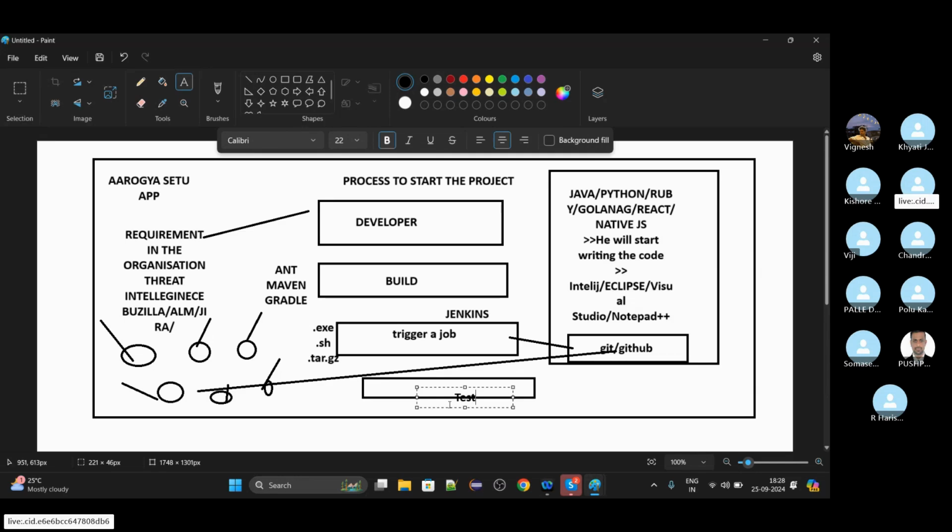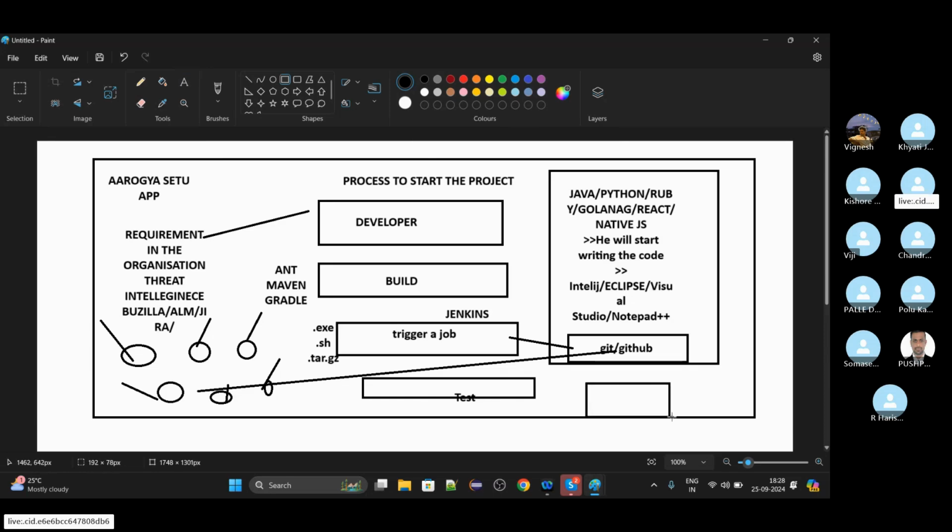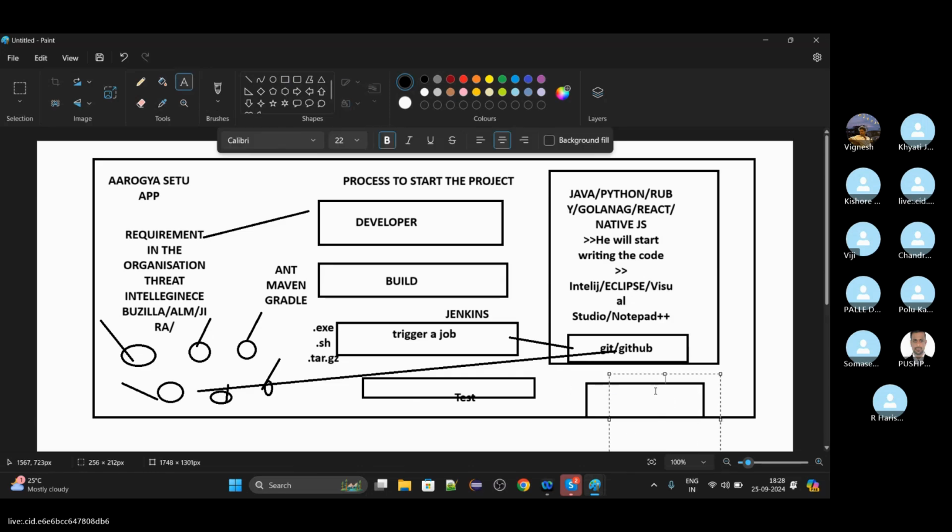So when we say testing over here, what will their role be? They will come to this place, like let's say this is another layer, and they will use their own tools to write their frameworks. There are many automation tools, let's say Selenium, Protractor.